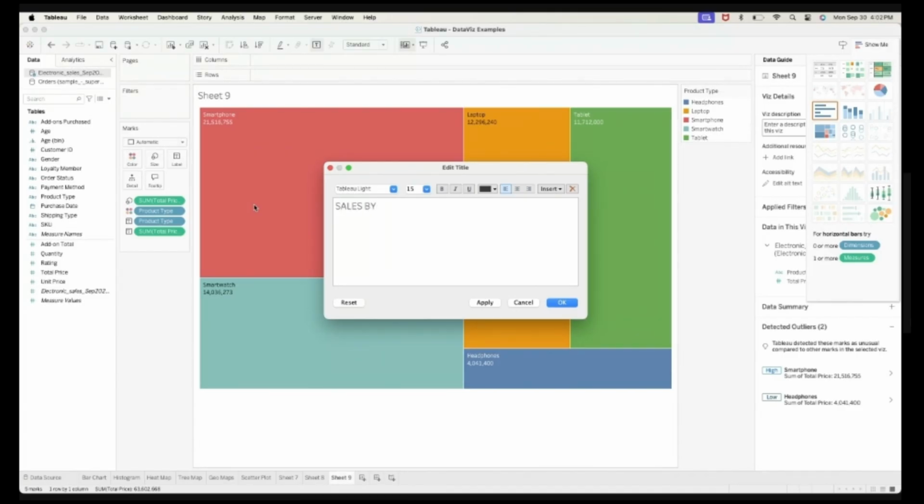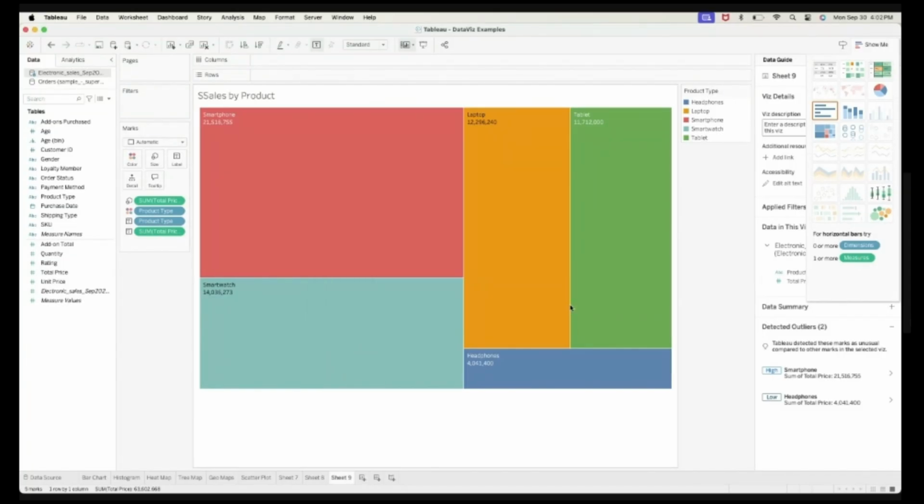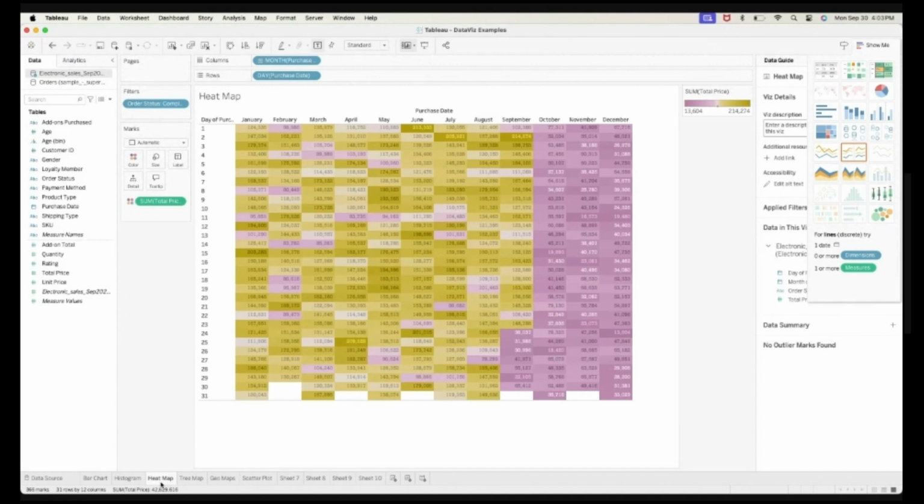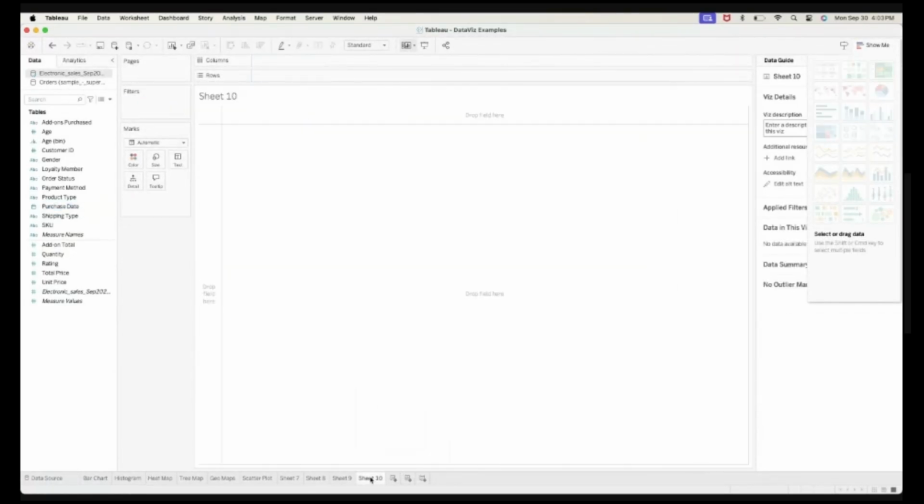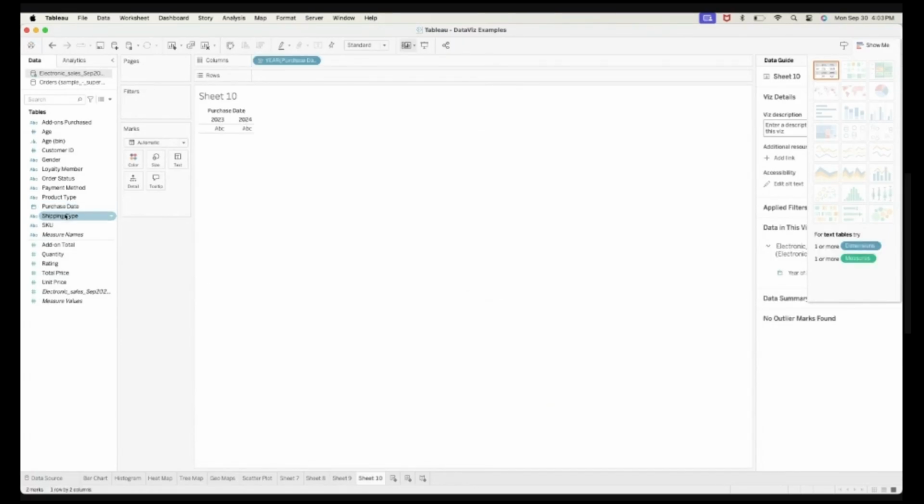Sales by product. You can also do the same in your Power BI. So I have purchase date here. Yeah, purchase date. So that's my purchase date. Either you double click it to add it here or you drag it.